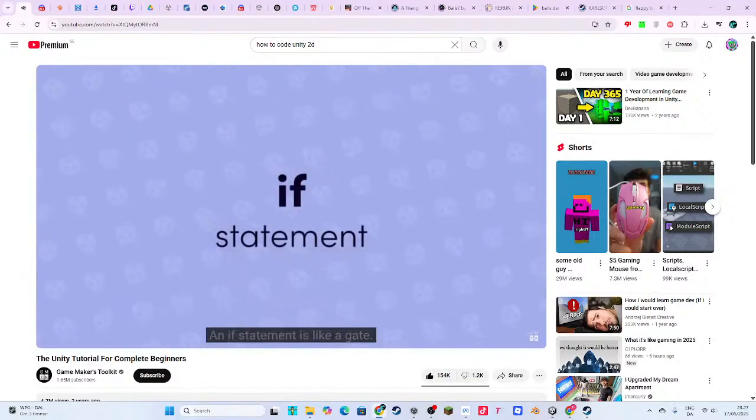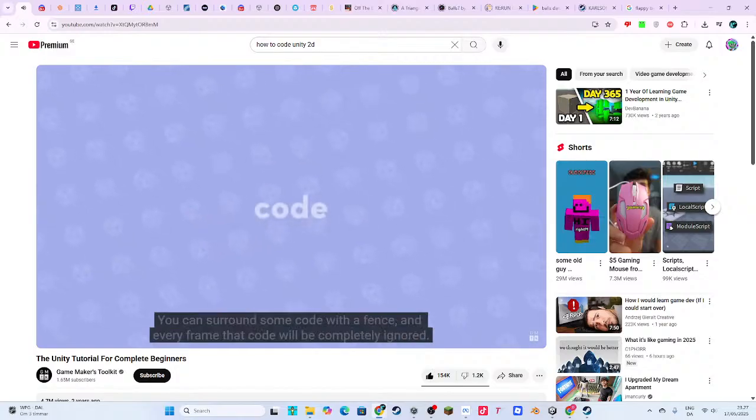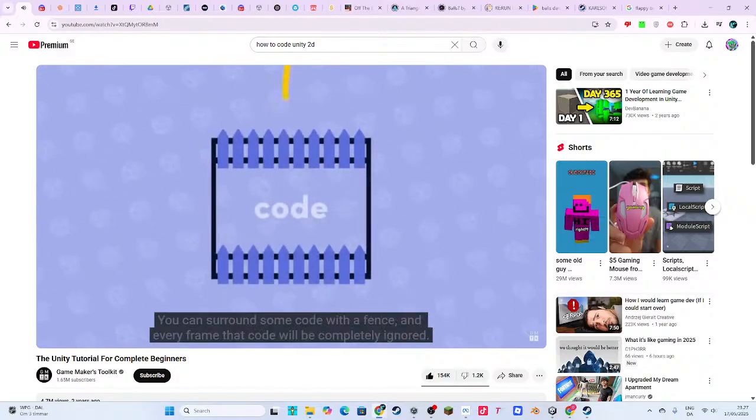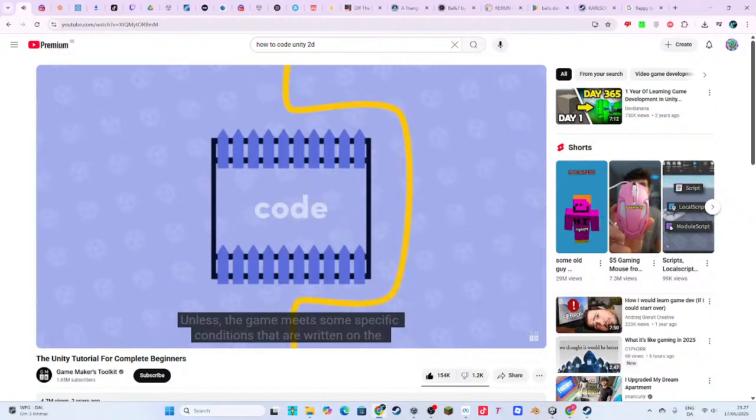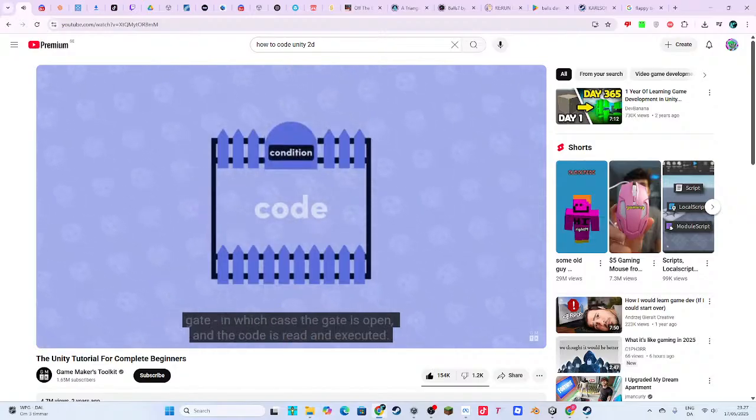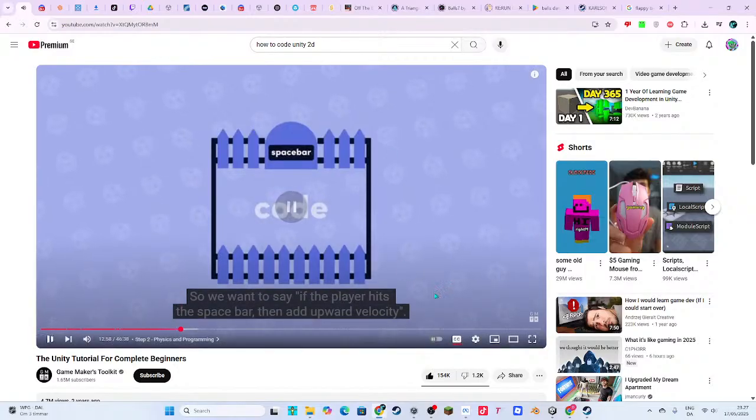An if statement is like a gate. You can surround some code with a fence, and every frame that code will be completely ignored, unless the game meets some specific conditions that are written on the gate, in which case the gate is open and the code is read and executed. So we want to say, if the player